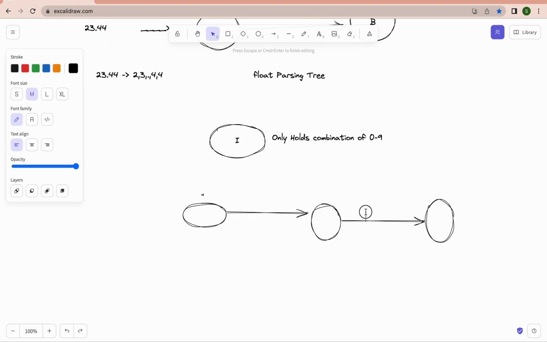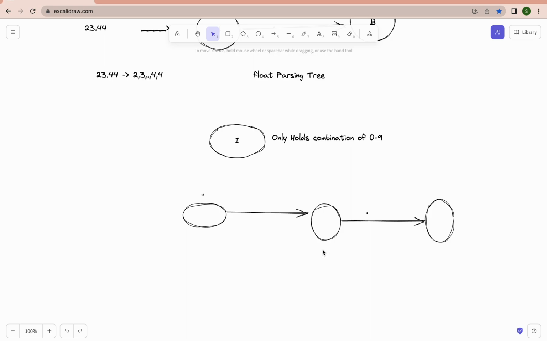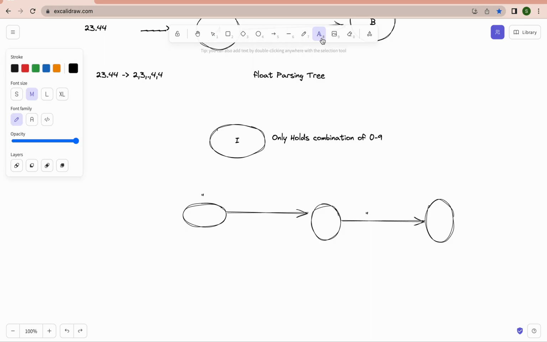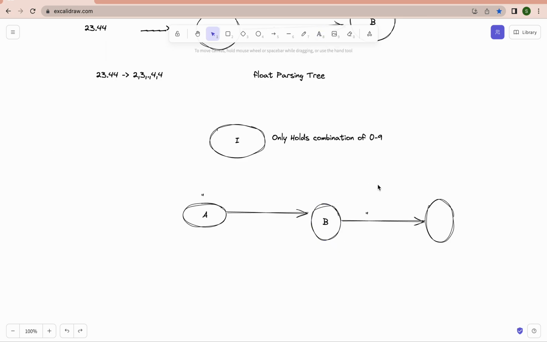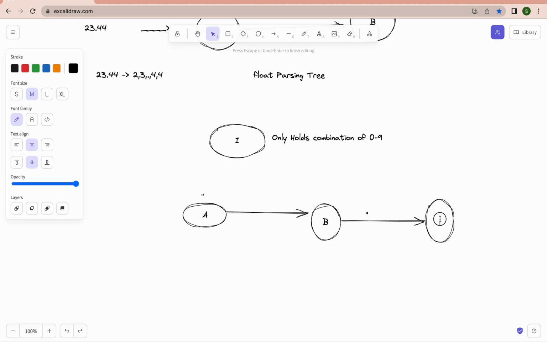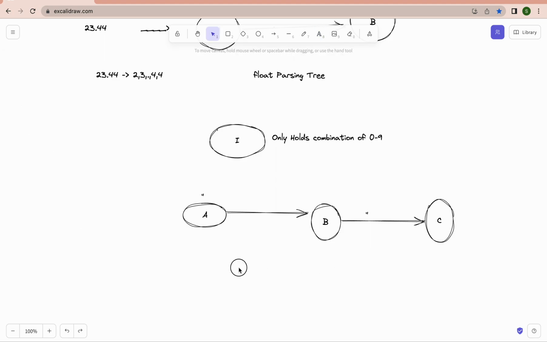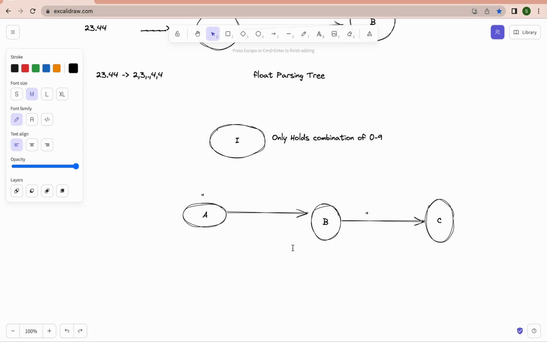So here the middle state, let me name it A, another B, another C. There are three states. The B is the important part. Here in B we can keep everything.